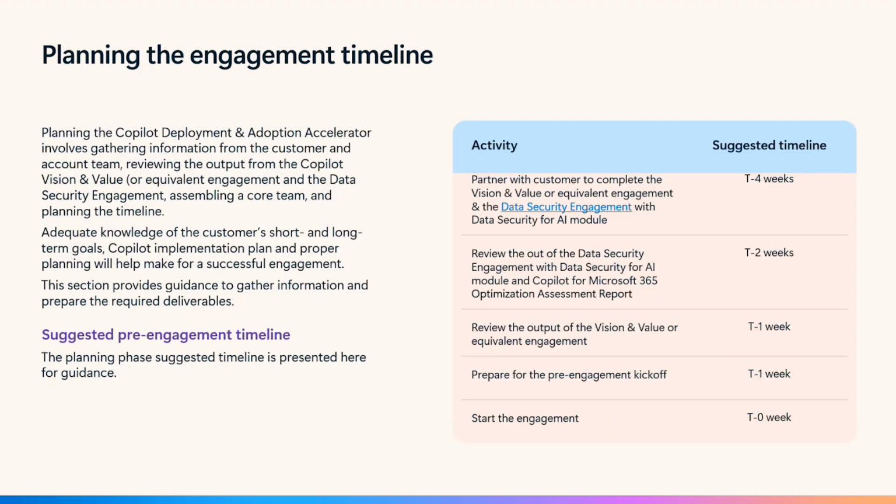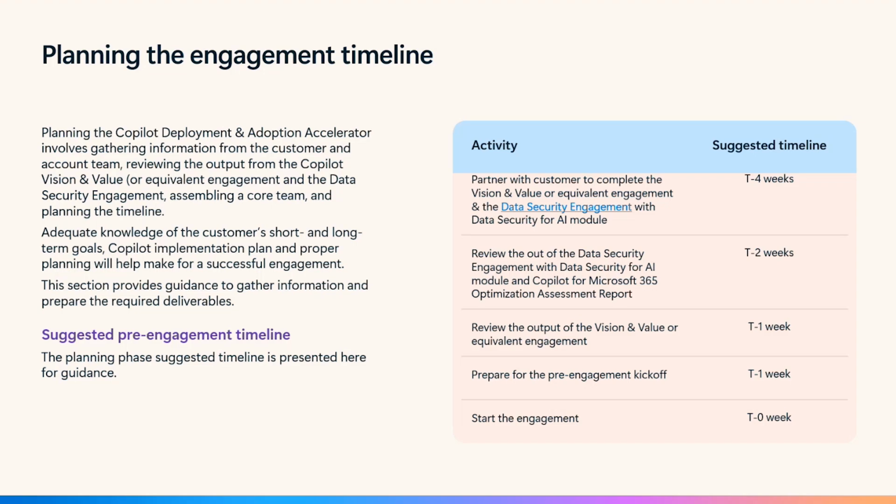Okay, so one more thing that you can provide to your customer is a kind of timeline, as you see. So it's planning the engagement with a timeline. It's a very quick, suggested timeline: 4 weeks for the partner with the customer to complete the vision and value, or something equivalent, and the data security engagement, for example. 2 weeks to review the output of the data security engagement, 1 week to review the output of the vision and value,